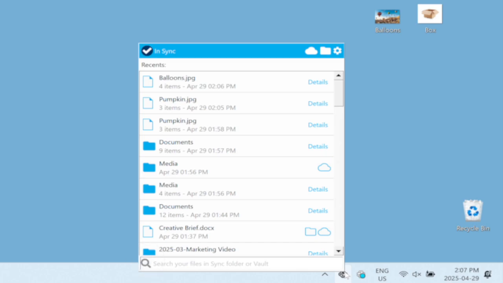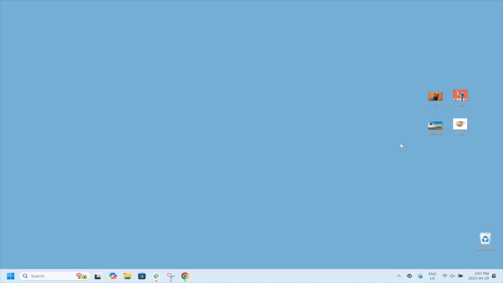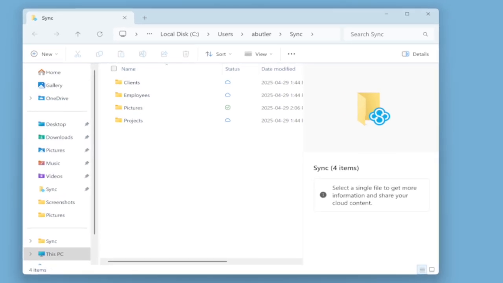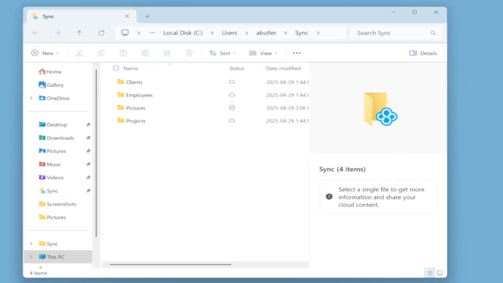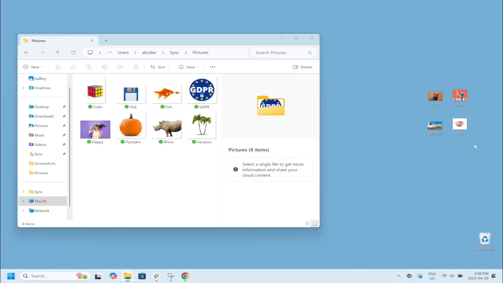To upload, you'll want to open the Sync folder on your computer, which is created when you install the desktop app. To get to the Sync folder, click the Sync icon from the menu. You can also get to it from the Windows File Explorer or Mac Finder favorites. Once you open your Sync folder, you'll notice the desktop app mirrors exactly what you see in the Files tab of the web panel. To upload files, simply drag and drop them into the Sync folder and they'll start uploading